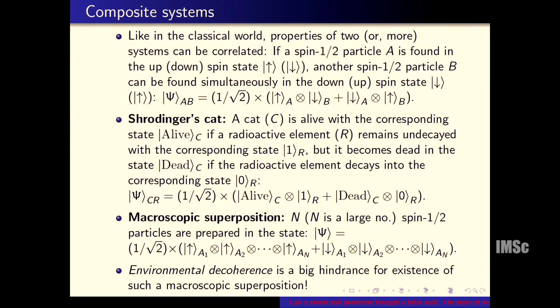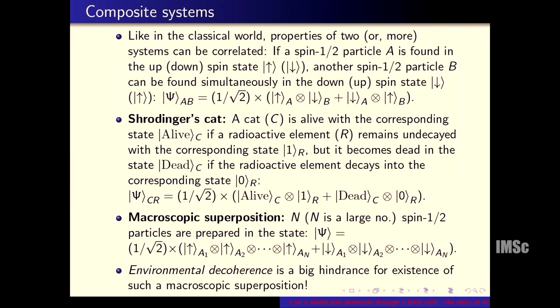This is called the tensor product. You don't have to bother much about that. This is something like a product, not exactly a product, something like a product. For a composite quantum system, we need this tensor product structure. Now, basically all these macroscopic quantum features originally came from this notion of